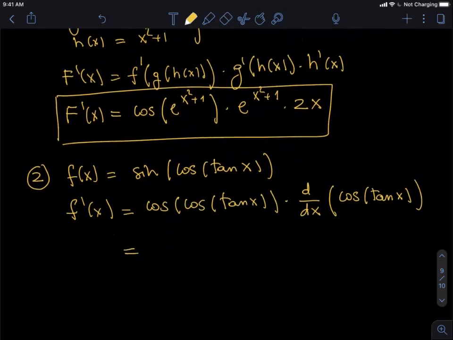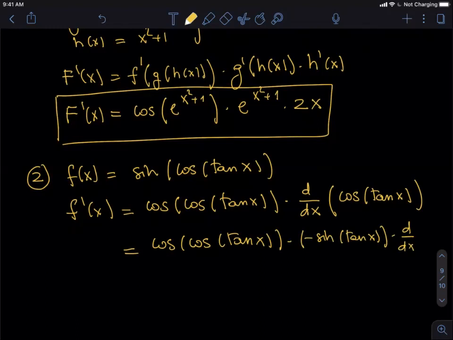This is the cosine of the tangent of x times the derivative of the cosine, which is negative sine of the tangent of x, times the derivative of the tangent,